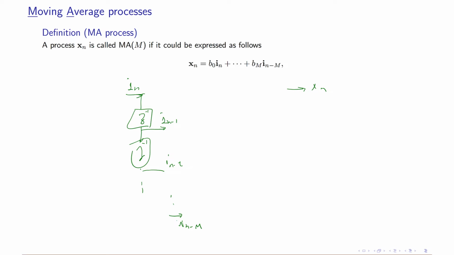How many delay units do we need? M. You multiply the first one by B0, the next one by B1, and the last one by BM, and then the summation of all of these